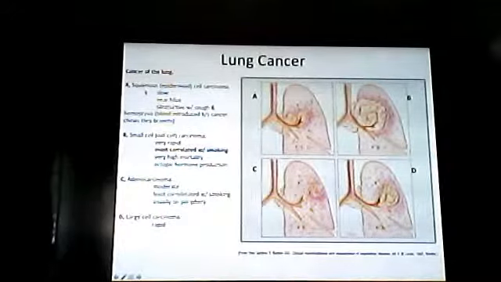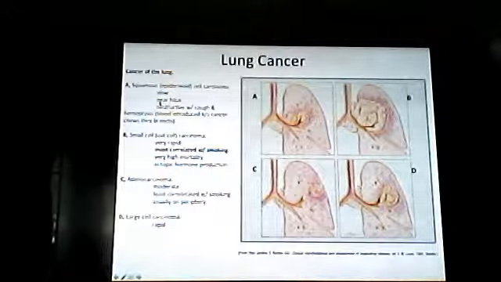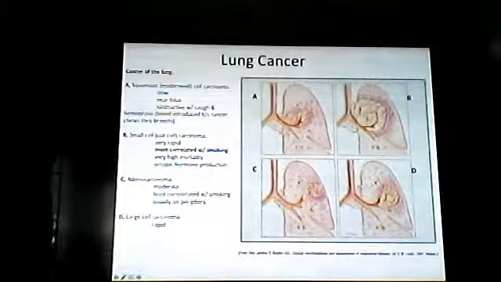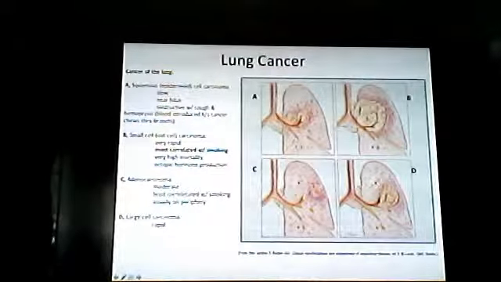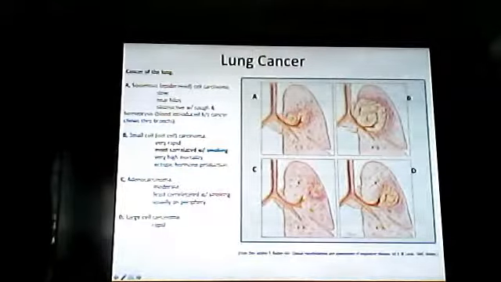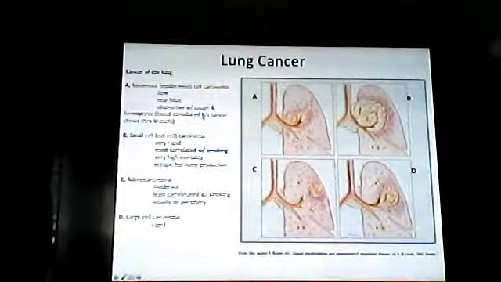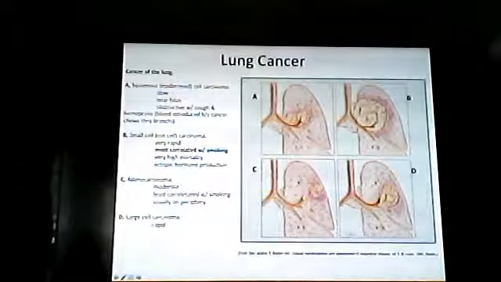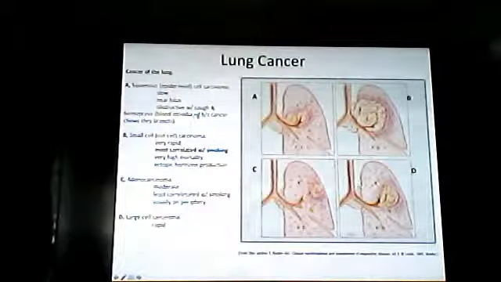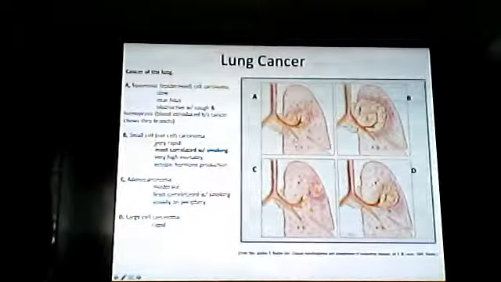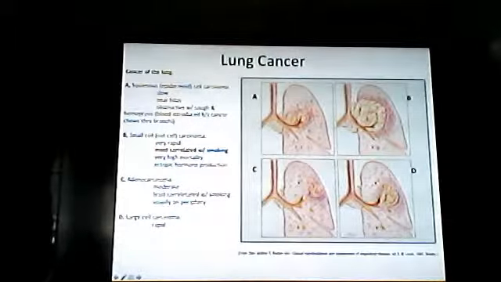The first kind, squamous cell carcinoma, is slow, and it's a form of cancer near the hilus. That's like this part of the tract, I guess. You can also cough up blood because the cancer is chewing through the bronchi, and it's obstructive with a cough. Small cell or oat cell carcinoma is very rapid and forms very, very big,